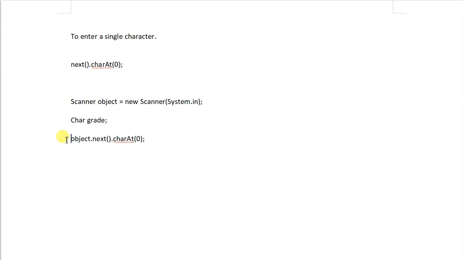Then to accept the value for grade through the keyboard, I may write grade equal to scanner object dot next dot charAt 0. This is the way it will accept the input through the keyboard, and it will store it in grade.